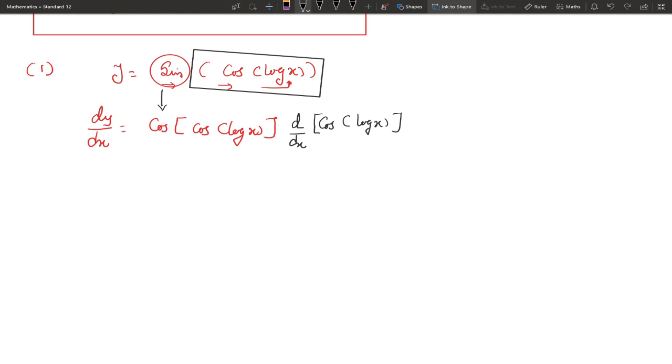So we have started with the outside derivative of sin, it is cos. So cos of log x, inside it is a function of x. So by chain rule, d by dx of cos, this is as it is, cos of log x. Now the derivative of cos is minus sine of log x. We have used the formula d by dx of cos x is minus sine x.